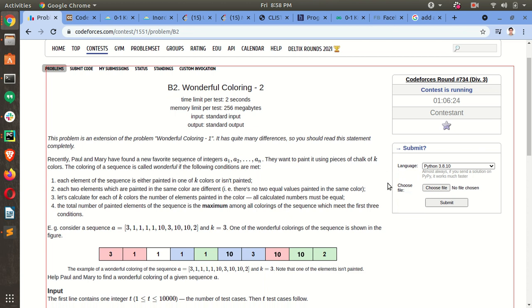So B2, basically what we are doing in this, there is a sequence of n integers, a1 to an. Initially in B1 there was a string, so in this case we have a sequence of integers.